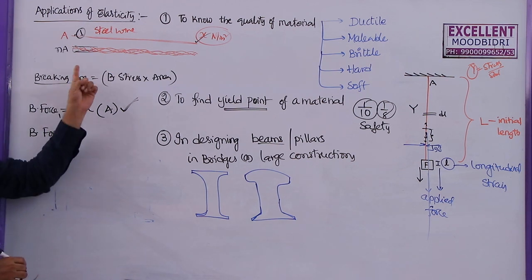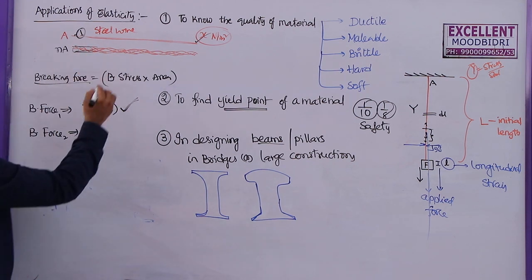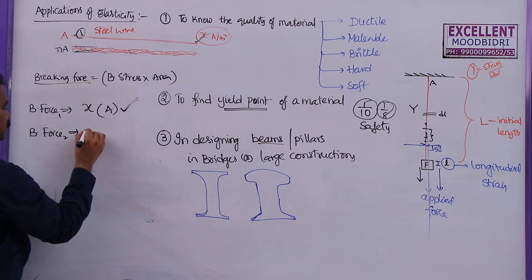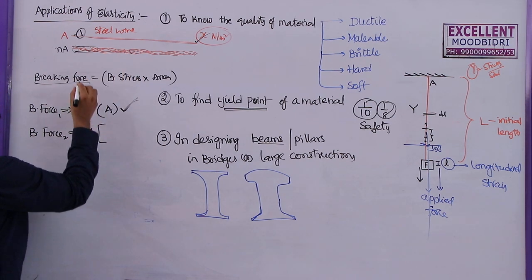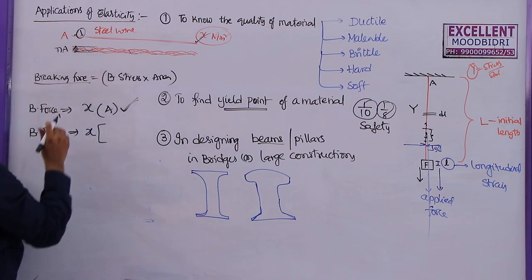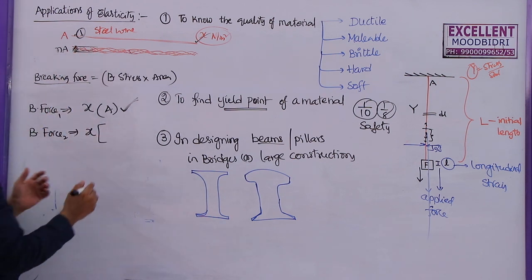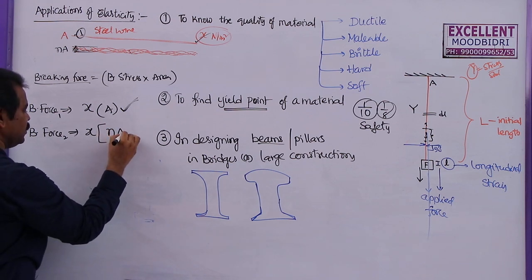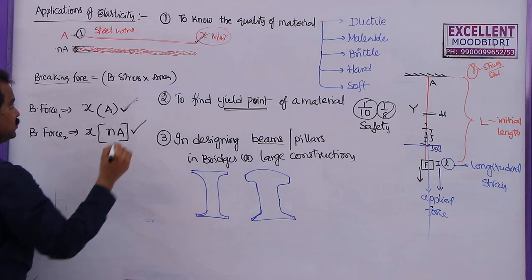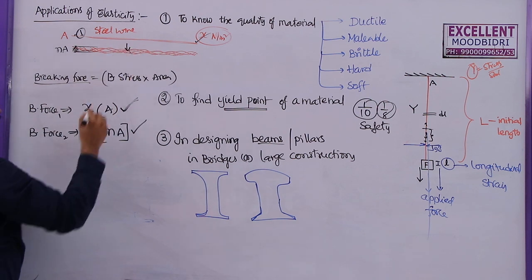But what we did in the second case, the breaking force is given by the breaking stress of this steel wire, because these are all made of steel only. So this remains as X only. But what about the cross sectional area by twisting all these wires? Here we are increasing the area, so this will become NA. That means we can keep more load on this one.